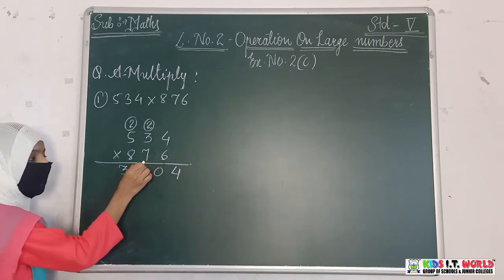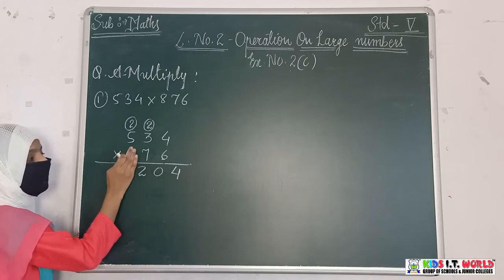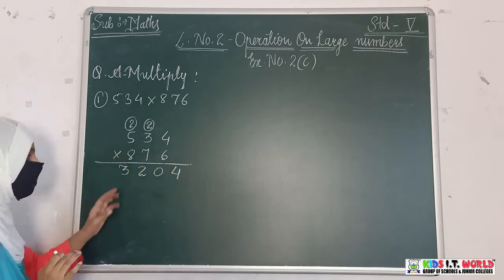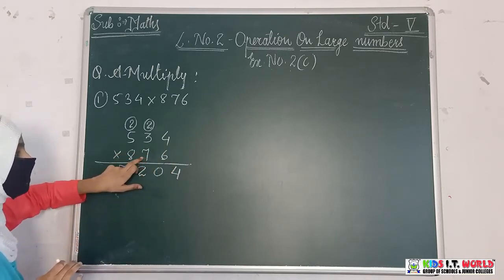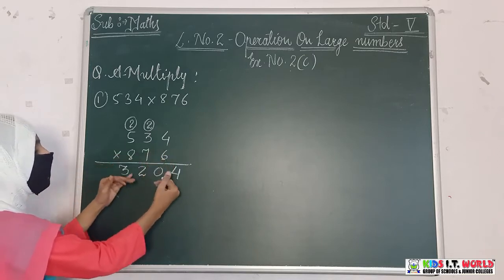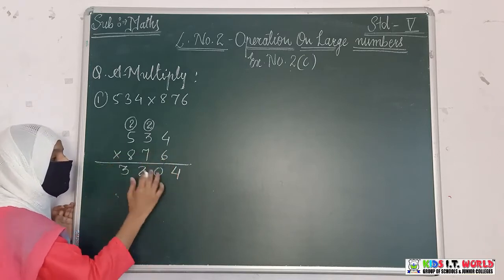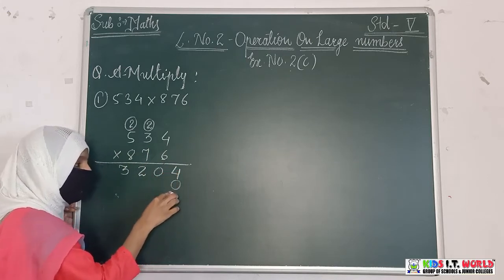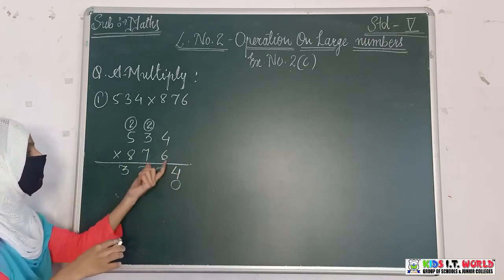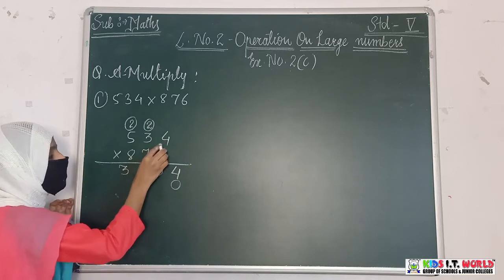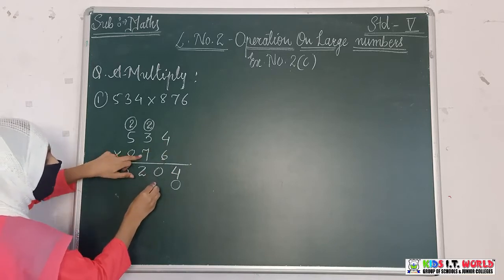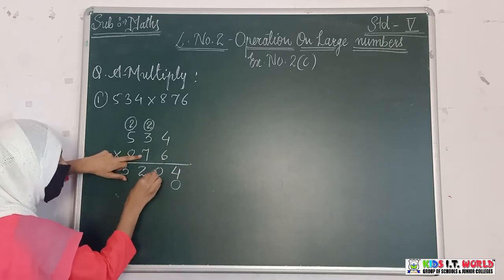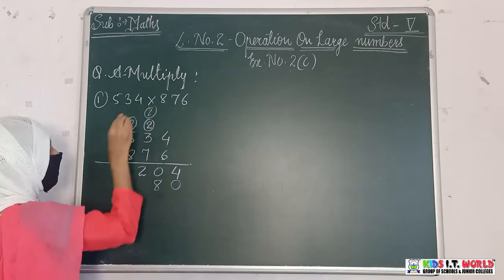Now in the next step, you have to multiply it by the 7. Now forget this number also and this number also. Now do the multiplication by the 7. Whenever you are doing this, you are increasing the steps. We are increasing the steps by 1. So you will write a 0 under this number. Then do the multiplication. 7 4s are 28. From the 28, you will write the 8 here and 2 will be carried.